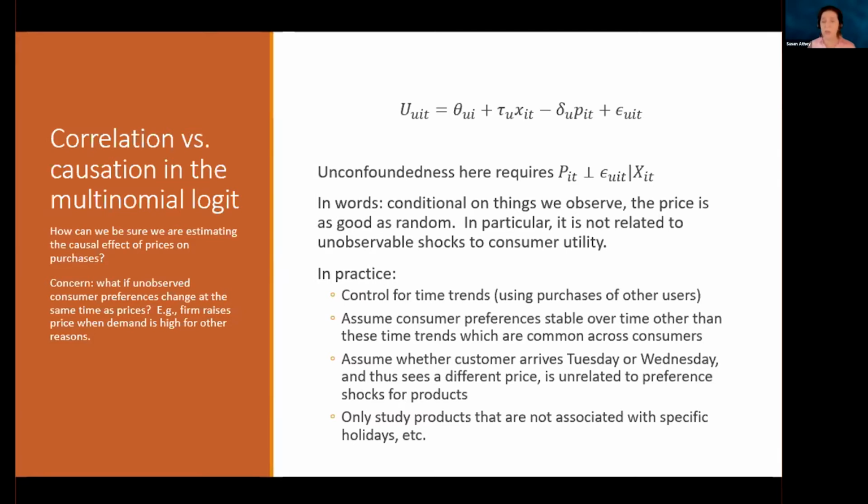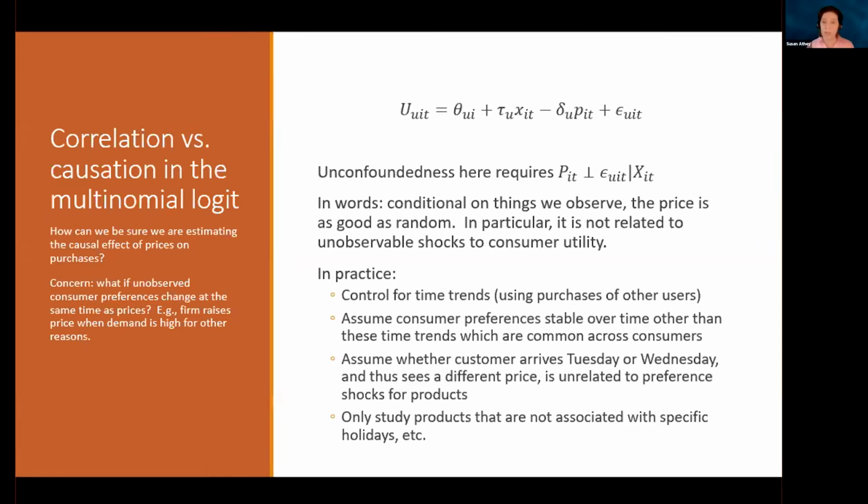Or alternatively, you can think that whether a consumer shows up at the store on Tuesday or Wednesday is as good as random. And so in one of our data sets, the prices change at midnight every Tuesday night. And it turns out that that's kind of intentional, that Tuesdays and Wednesdays are basically very similar days in terms of grocery shopping patterns. And in one of the papers, we only look at data from Tuesday and Wednesday. And so you can basically think that whether you came on Tuesday or Wednesday is like the experiment. Okay. And we're going to control for Tuesday and Wednesday effects, but it turns out those effects are not important.